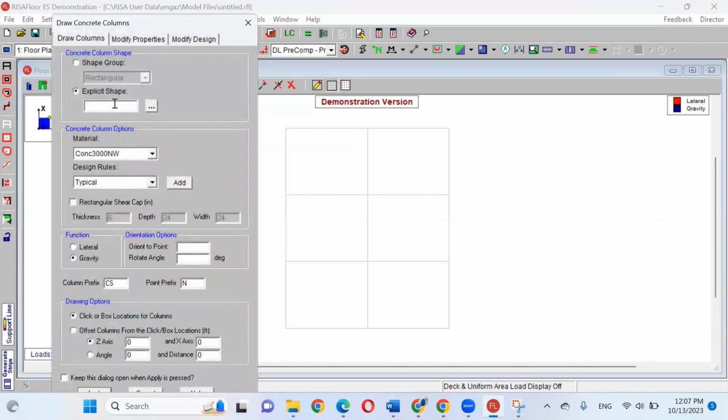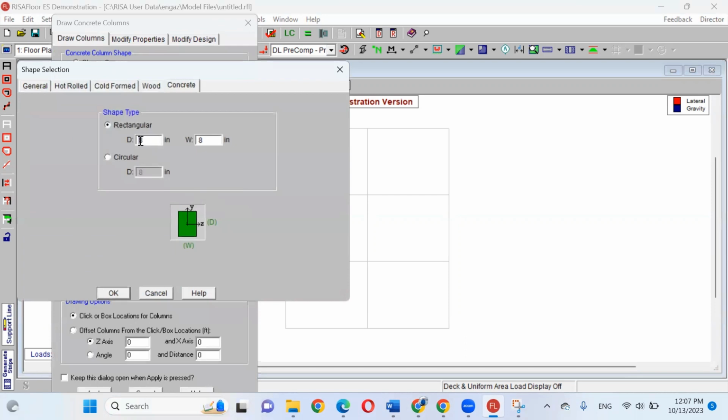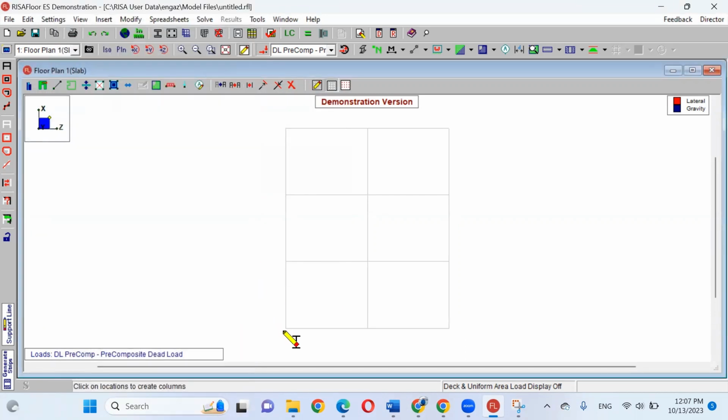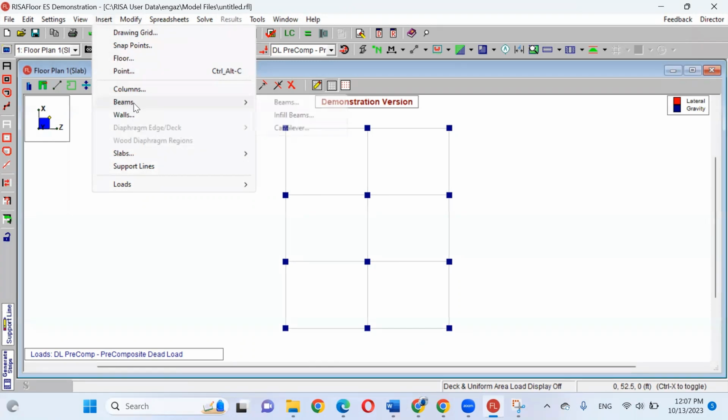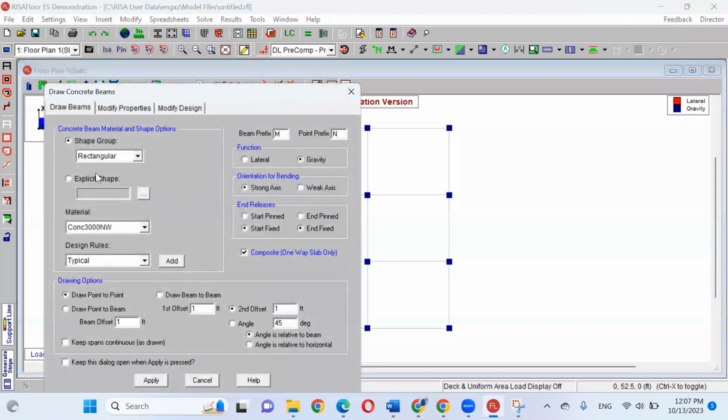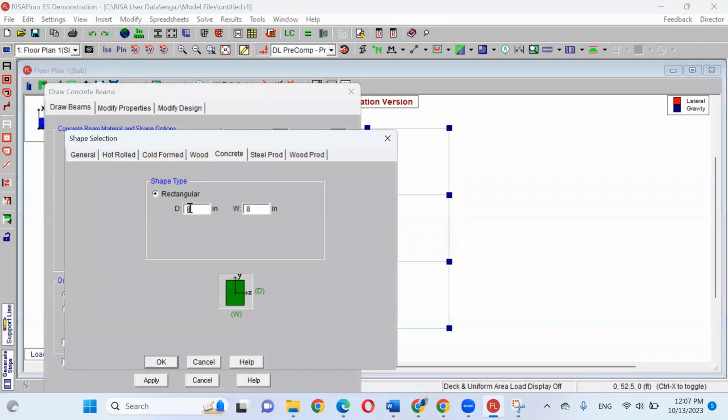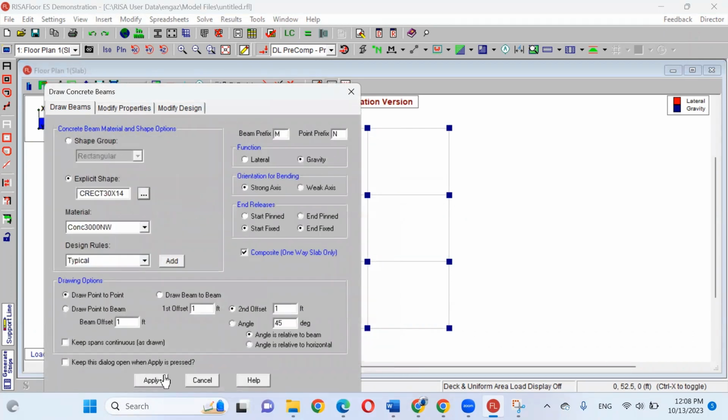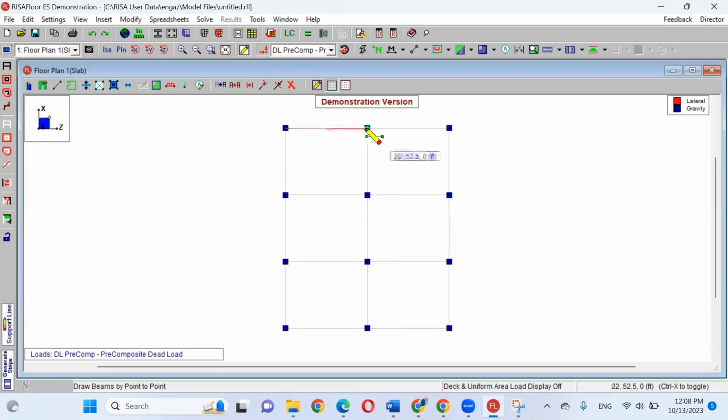So the columns, explicit shape, 18 by 18, okay, apply. For beams, we have explicit, rectangular 30 inch by 14 inch. So I can draw my beams.